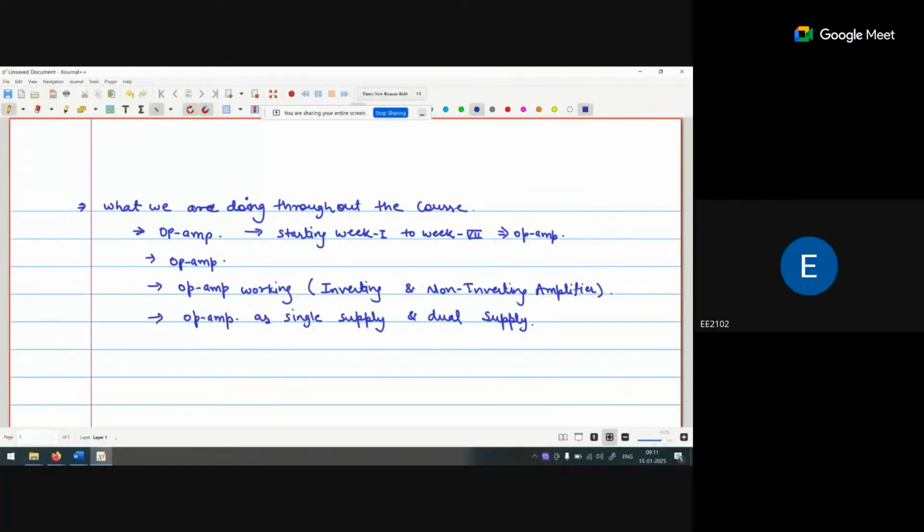Okay. So starting with week 1 to week 7, we are discussing the operational amplifier, short form OPAM. We start with the basics of the operational amplifier, then the working. This operational amplifier works in two modes: one is inverting and the second is non-inverting mode. Then the operational amplifier as single supply or dual supply. We discuss this, and after that we switch to